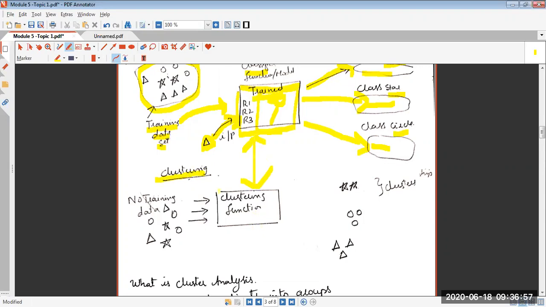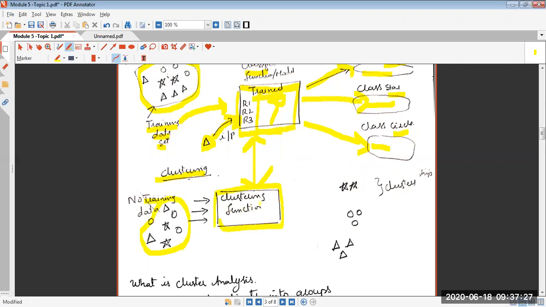We are not into classification now, we are into clustering, we are in module 5. I have a raw data set here. You can see the same instances, different objects with different shapes. Please note, this data will not be used to train the clustering algorithm, but you will have a clustering algorithm or function in place. You'll have it ready there.